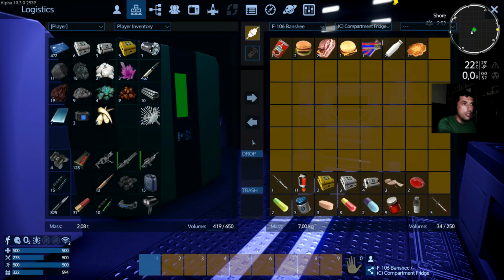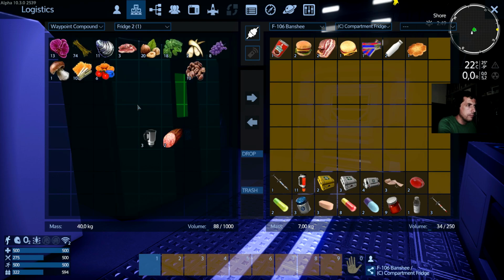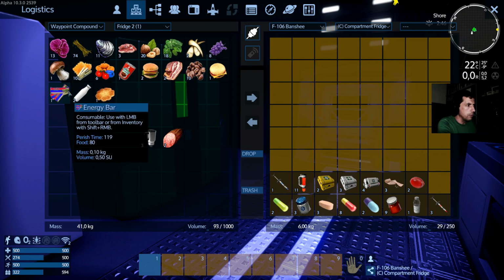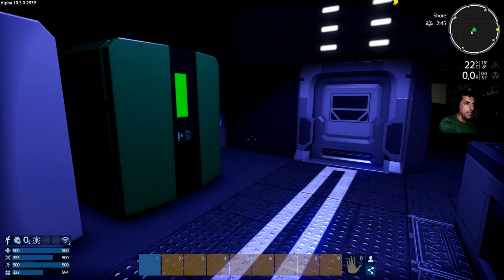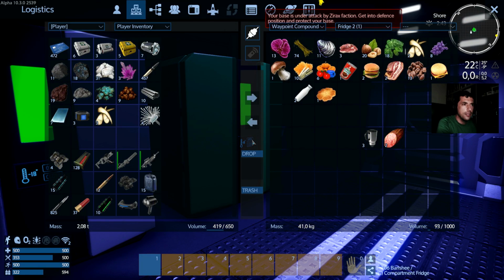So let's just do some quick housecleaning. Waypoint fridge. This one here. This is what we looted in the previous episode. Some food. Always nice. And let me see. Since we have 3 fridges on this base,